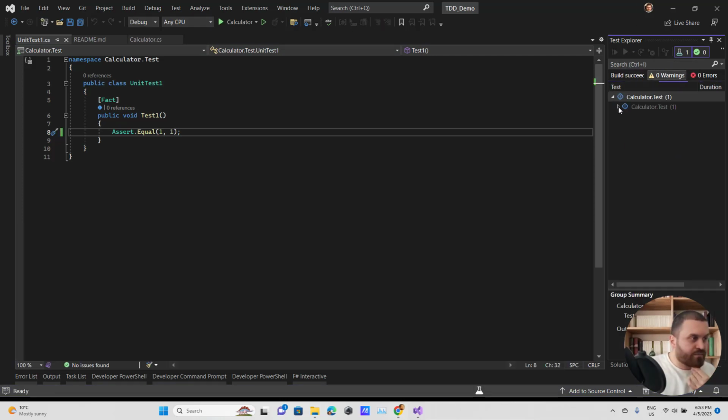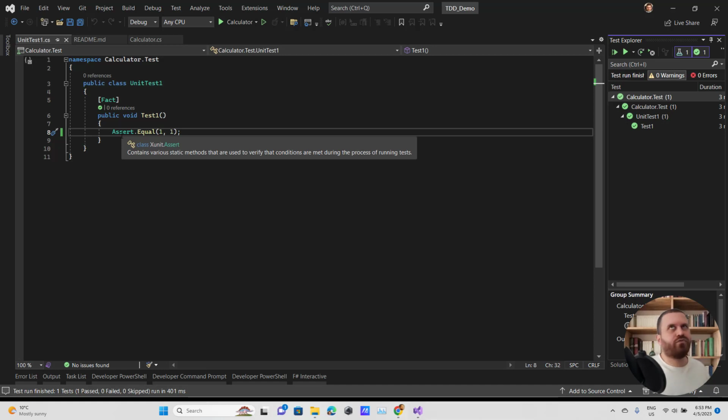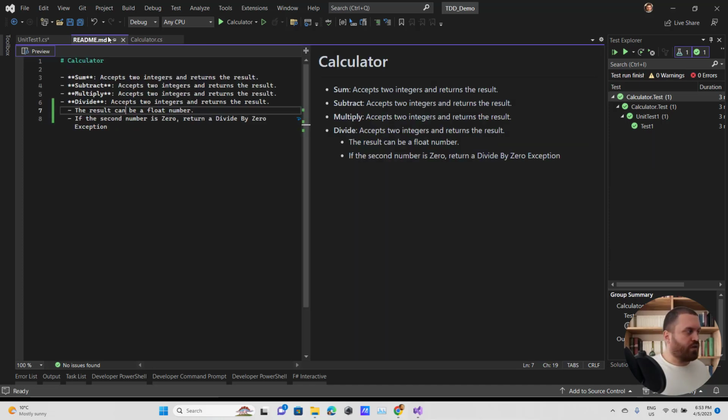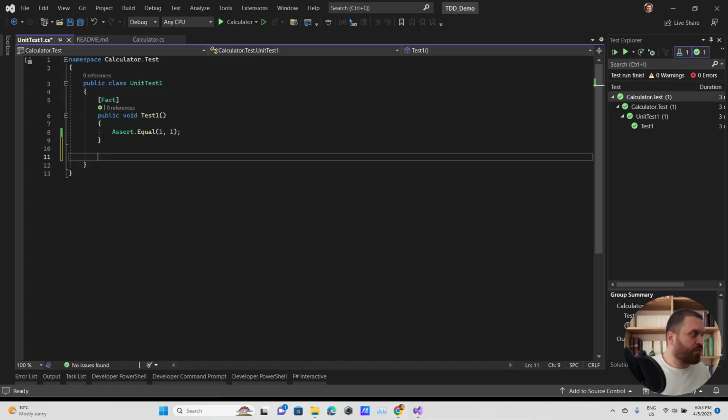run it. Let me open it. We are creating a test, asserting 1 and 1, to be sure that our test framework is working. It is one of the best practices from many years ago, but it's also based on the habit that I'm creating things like that. What I'm trying to do is read the documentation. Okay, we need to have a calculator. It is going to do sum, subtract, multiply, and divide. Really simple.